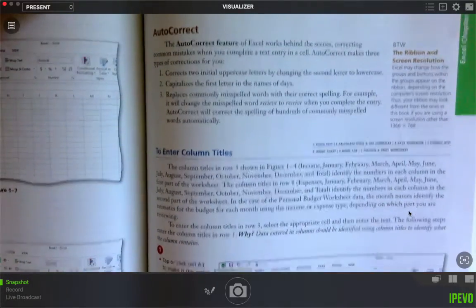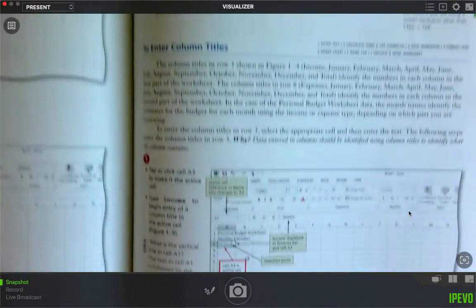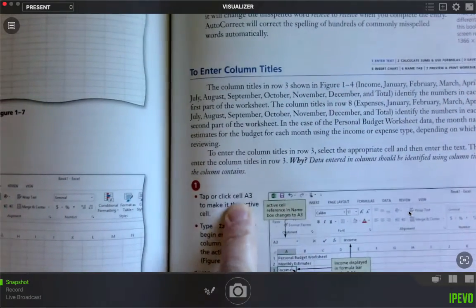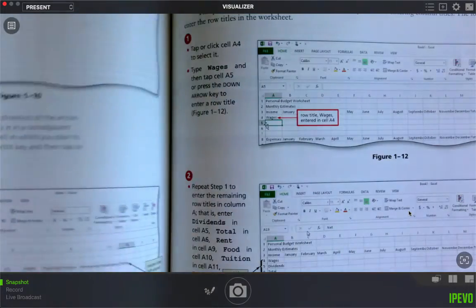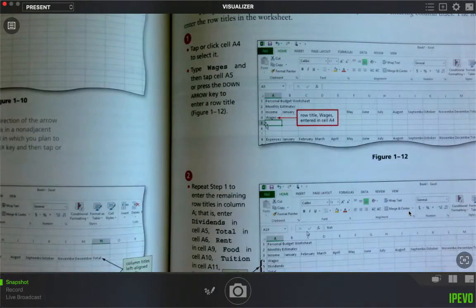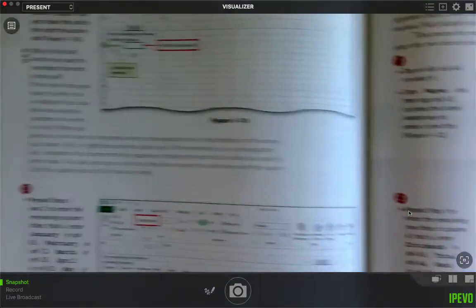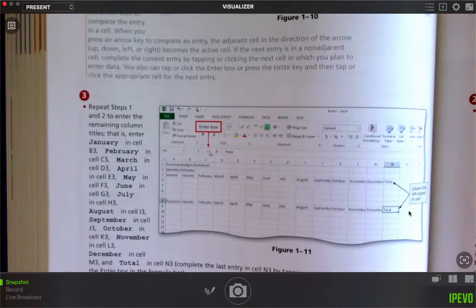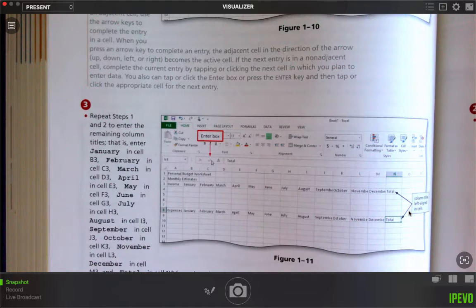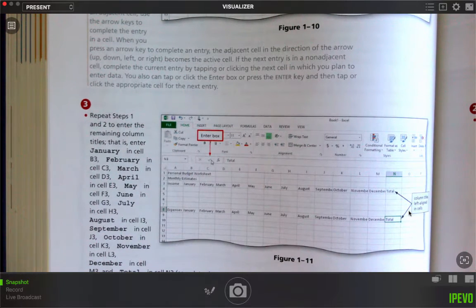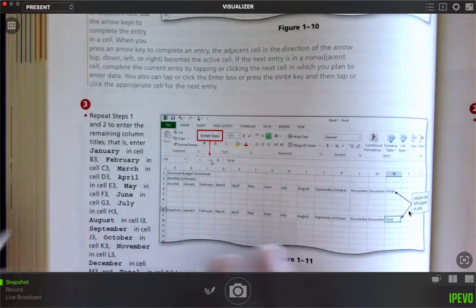You'll start to see we learn about autocorrect, it talks about column titles, and there's always this information over here, and it tells you exactly step by step what to do. And you'll follow that through, like I said before. And actually, here we can see how you're starting to add the income and expense titles, etc. It tells you exactly where to put them, enter them into the spreadsheet, and then ultimately, when you're done,